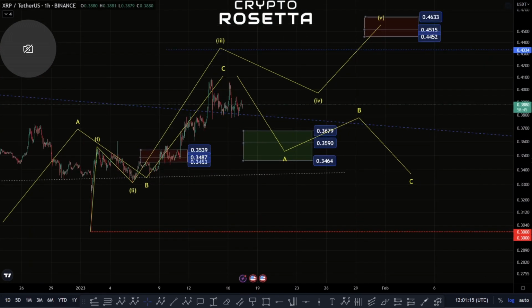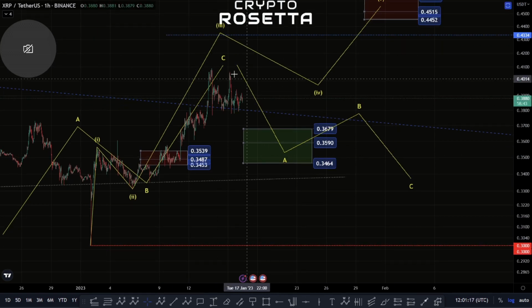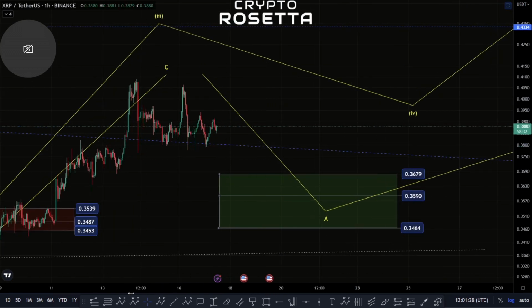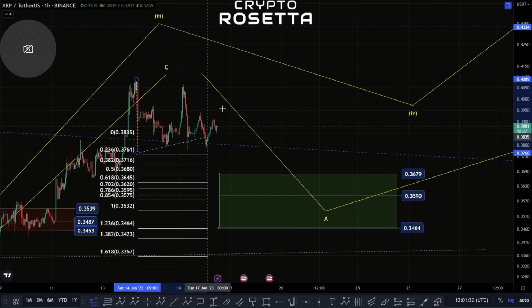Okay, so I think I'm going to leave the video there. There isn't much to tell, really. We need to see how we react from here, whether we get that fifth, whether we break down and find support in this zone, or whether we just start to break down more here. If we're looking to break down more, what I'd be cautious of from our current position, because of how this structure's played out so far,